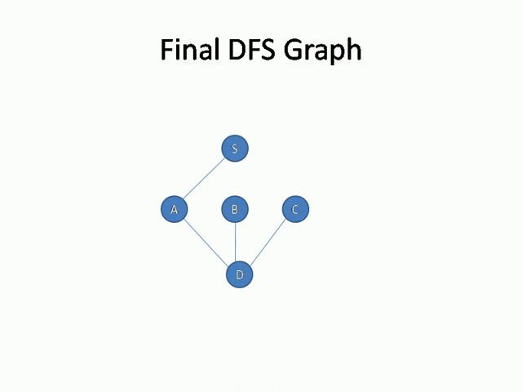Then we draw the graph as shown in the figure. We started the traversal with node S, then depthwise we first visited A, then again we go to the next depth level, so we visit D. Then we find the node B as visited because it is an adjacent node of D, then we visit the node C which is an adjacent node for D, then we pop all the stack contents until the stack is empty. So the DFS graph for the figure is as shown, with 5 nodes and 4 edges.